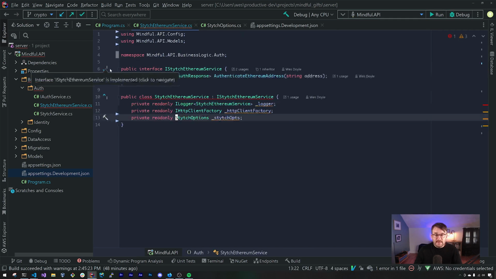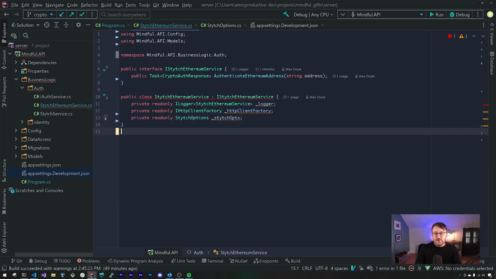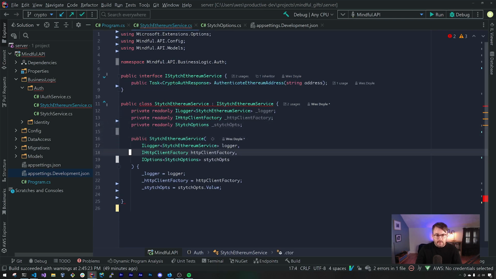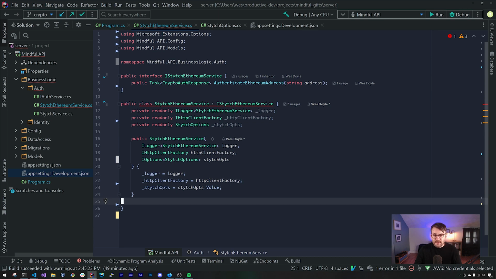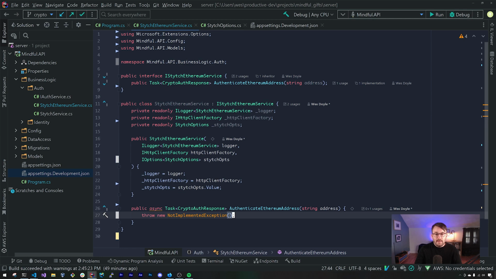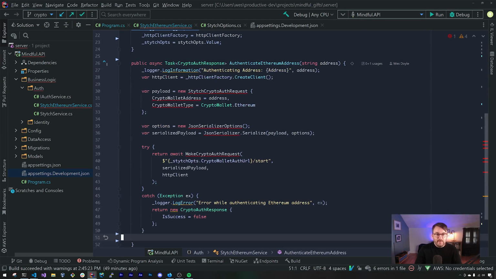Okay, so let's head back into Stytch Ethereum service. We're going to go ahead and create our constructor and assign values to those backing fields. Again, using the options pattern here to wire up our configuration for our Stytch options object, and we'll go ahead and implement our interface. Now here, things are going to be quite simple,